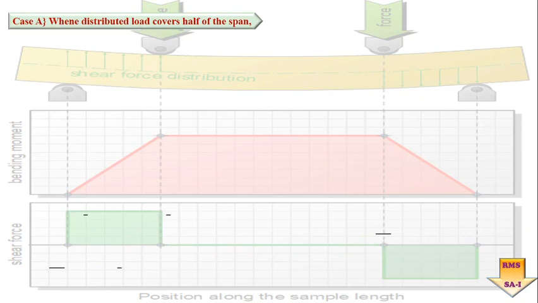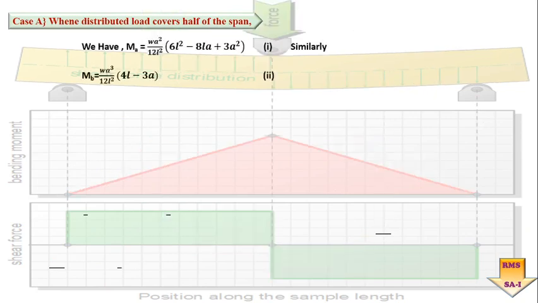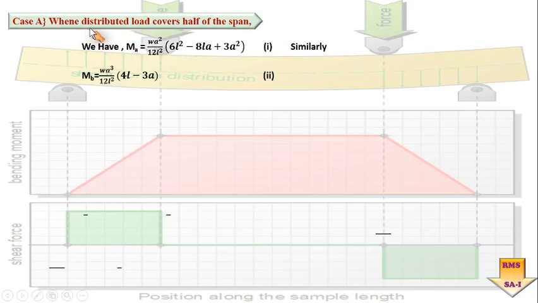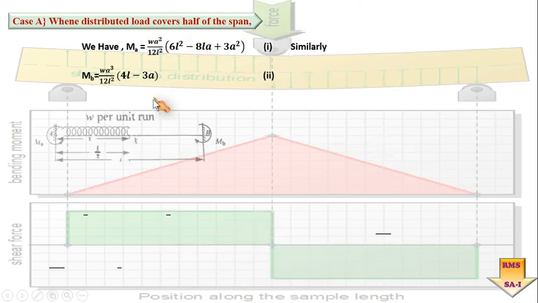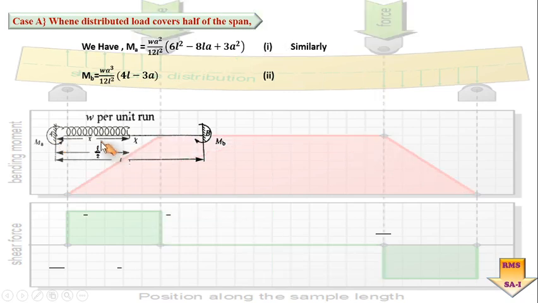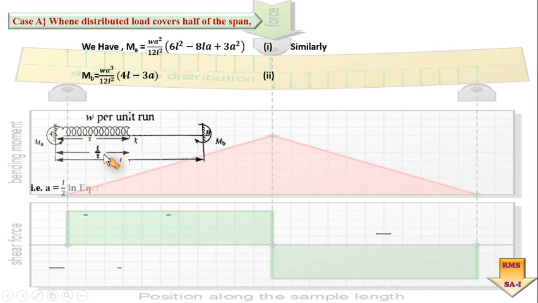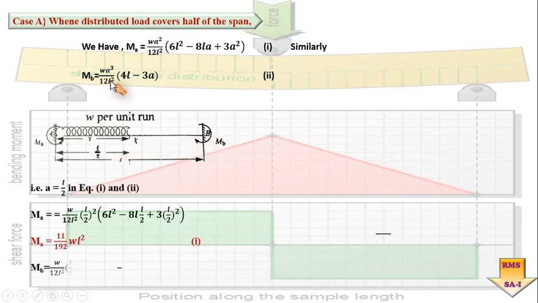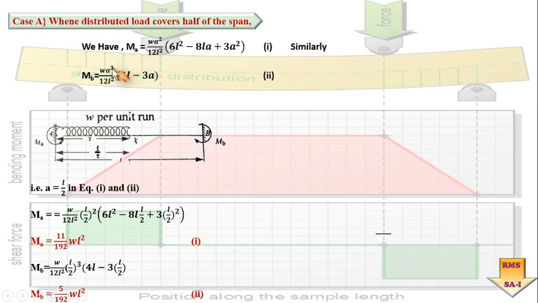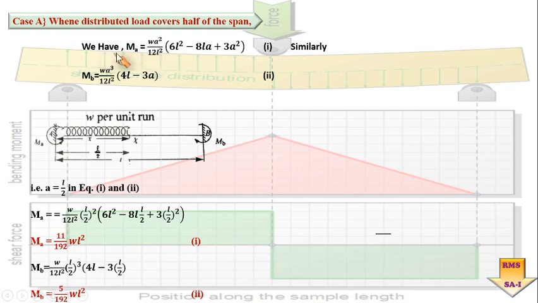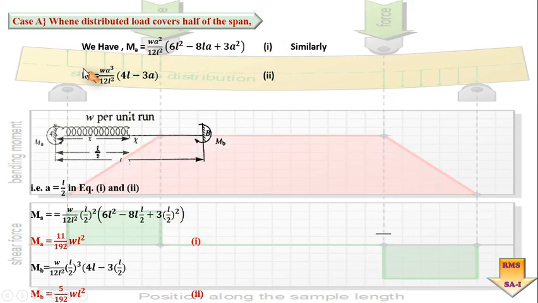Moving ahead, if we have the distributed load covering certain distances, the first case we will be considering is this UDL imposed only at a distance of L by 2, that is X is equal to L by 2. So in that particular case, already I have equation number 1 and equation number 2, where I am having a fixed end moment MA at A and MB at B. For which case? For the earlier case where the UDL was imposed up to a distance of A. So in that earlier case X was equal to what? A, but now X is equal to L by 2.